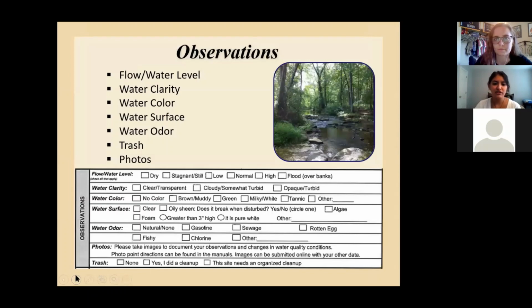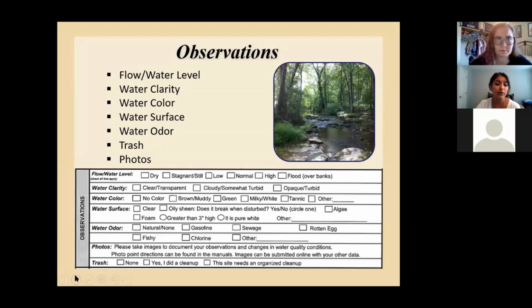So this just goes into more detail of the observations that we ask for you to take. I will note here that it asks for photos. However, on our submission form online, there isn't a way that you can submit your photos, but photos are still really, really important to take just for your records and for your own documentation. So we still encourage that, and we are working right now to develop a system for our volunteers to enter and submit their photos. You can also take note of any trash that you find at your site.